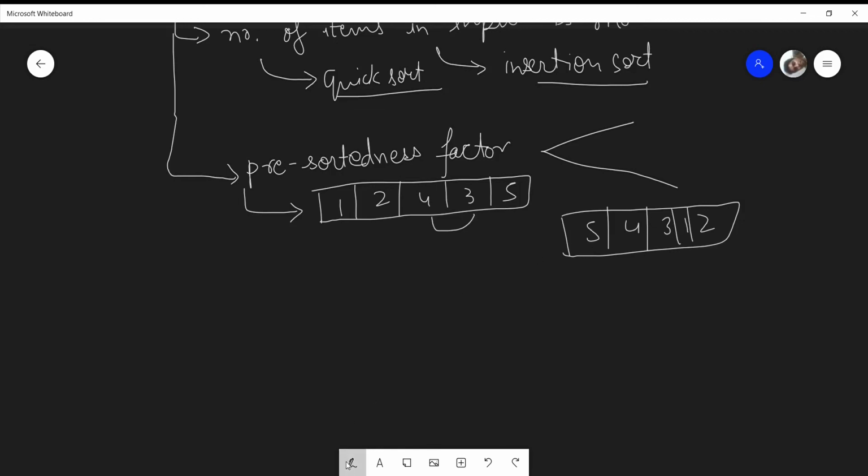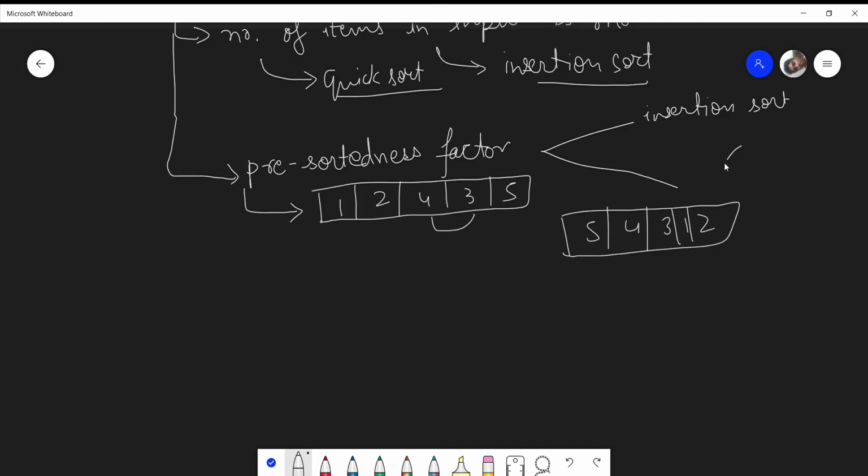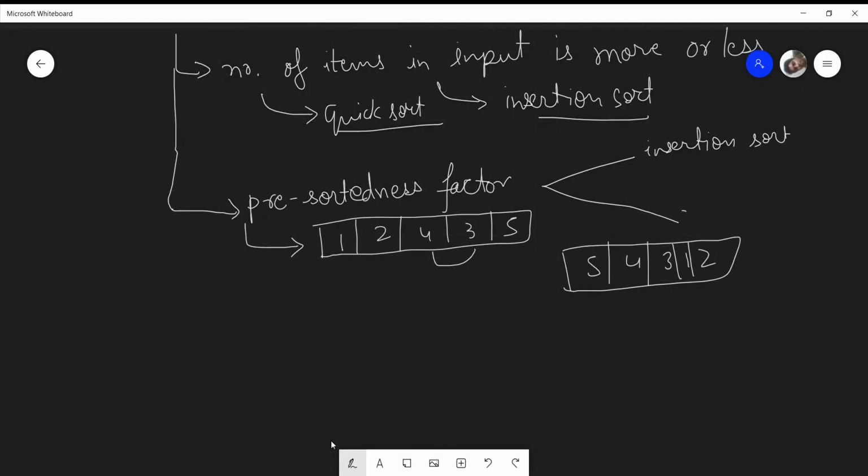If my pre-sortedness factor is very high, then I might want to use insertion sort, or in other cases I might want to use merge sort or quick sort or any other sorting. So depending upon the number of items present in my input sequence and the pre-sortedness factor, and there are many other factors.